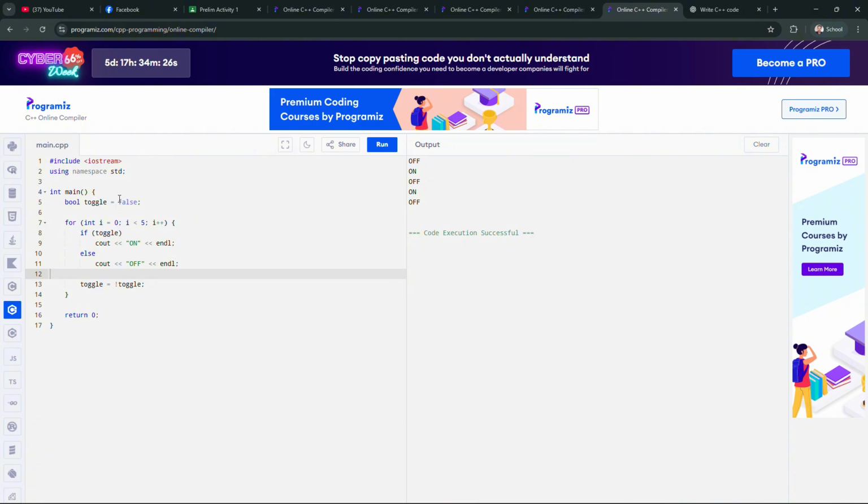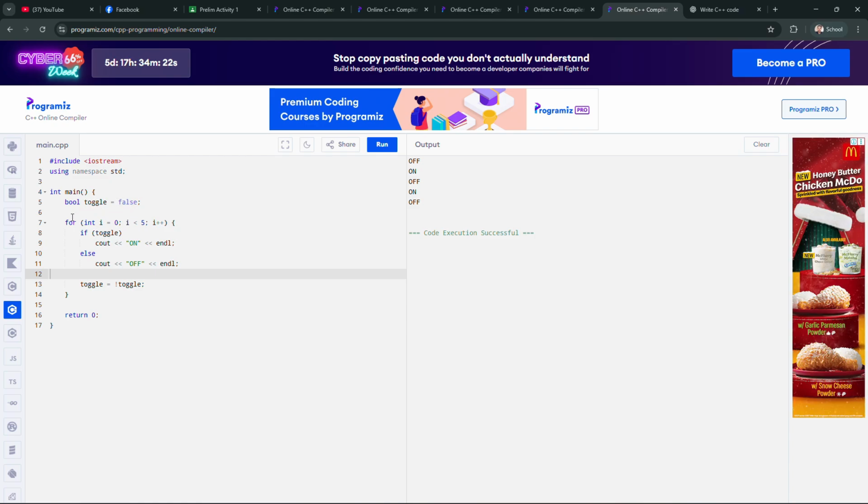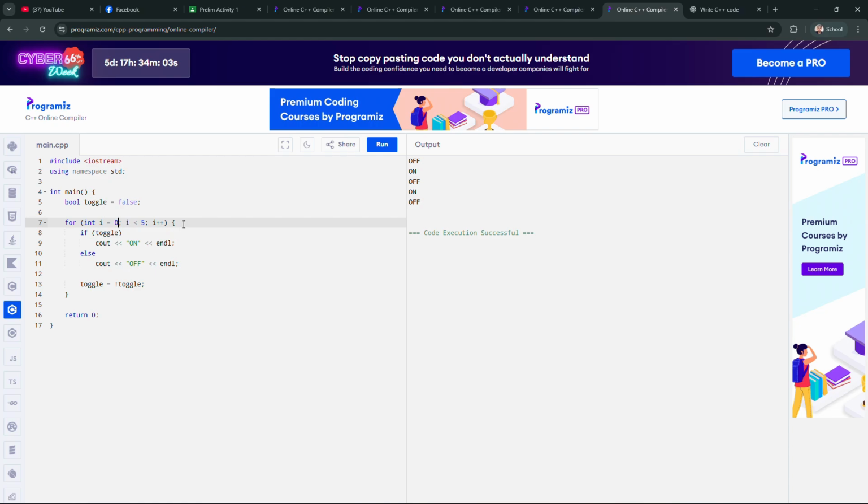So we set its value to false, and then it will go to the for loop condition. So for int I is equals to 0, so 0 is less than 5, so it is true, and then it will be incremented, and then I will become 1, and then it will go to the if else condition.